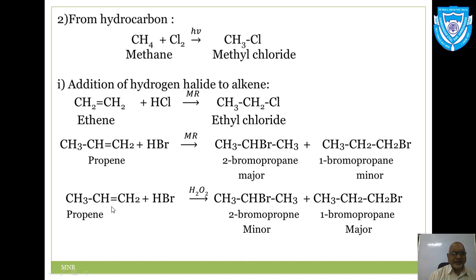Now here if you go to next, that is propene treated with HBr, but the condition is hydrogen peroxide, that is anti-Markovnikov's rule, or also called as peroxide effect, or also called as Mayo-Kharasch effect or Mayo effect. Here you will get CH3, CHBr, CH3, and here you get 2-bromopropane as a minor product, which is 20%, and 1-bromopropane as a major product, which is 80%. So I think we will stop here and we will continue next time the further topic of this chapter.